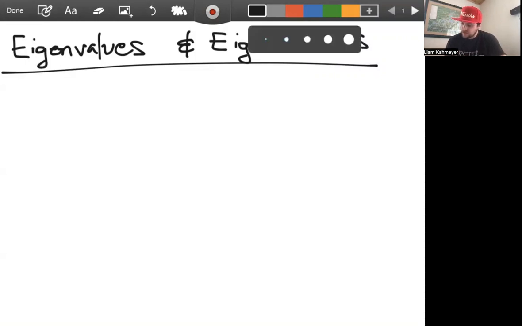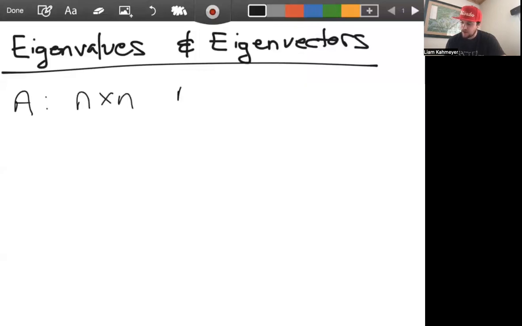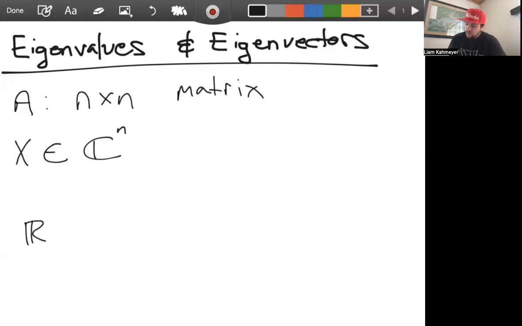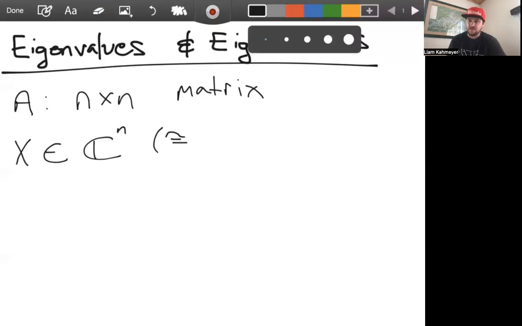So let's start with just an n by n matrix A. So here's an n by n matrix. Let's also consider a vector x that belongs to n-dimensional complex space. And if you'll remember that one-dimensional complex space is the same as two-dimensional real space, well, that means n-dimensional complex space, or space of complex dimension n, is the same or isomorphic to